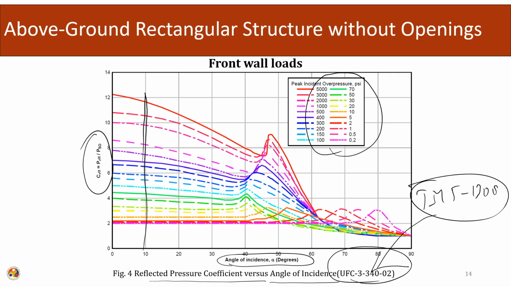These curves are a result of different experiments. The maxima of these experiments have been taken, so basically an envelope has been created. The normal quantity that is put on the x axis is the scaled distance Z. Using that quantity we can calculate any blast parameters, and here also, using the incident angle, we can calculate the reflected pressures depending upon the magnitude of the incident pressures. So, this is for a specific case, the front wall loading case.